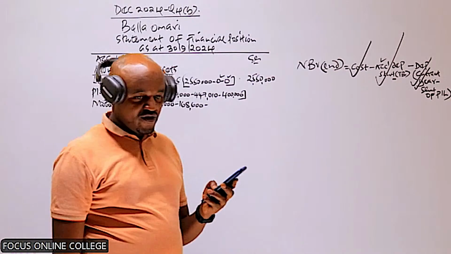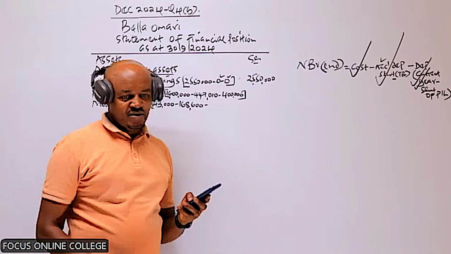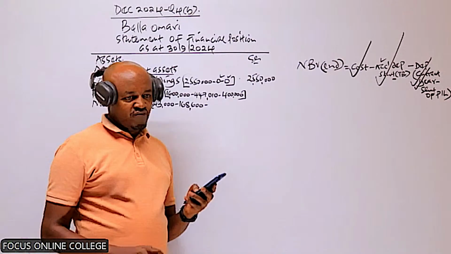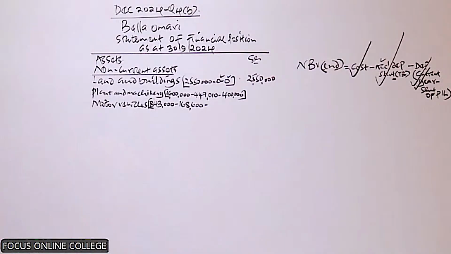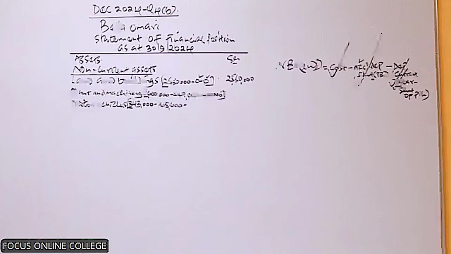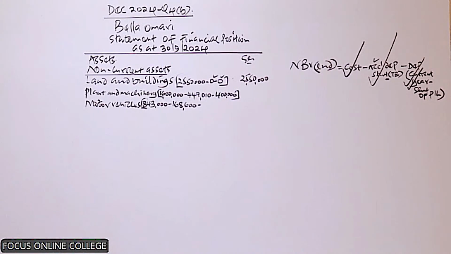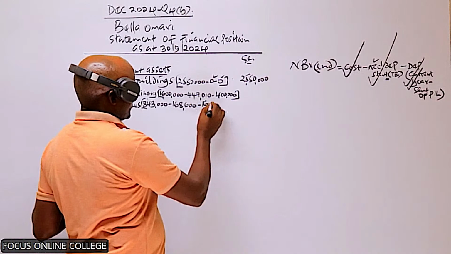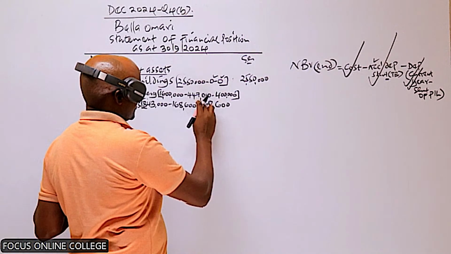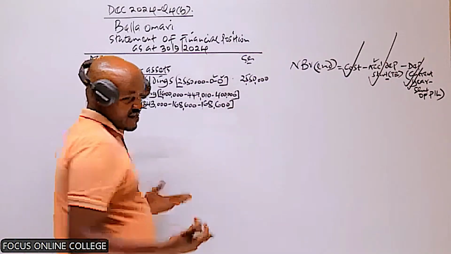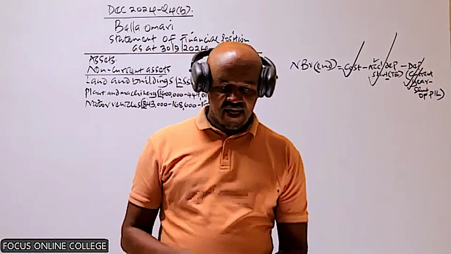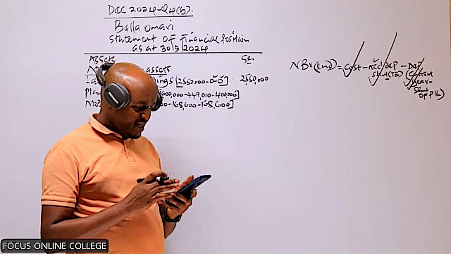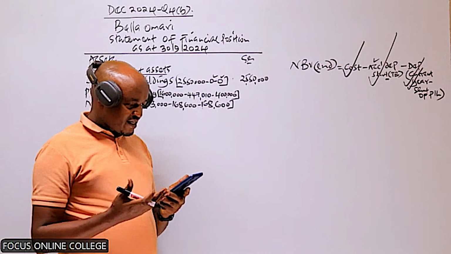The depreciation for the current year from the income statement. Give me that figure in the chat box down there. You just need to go back to the income statement and check how much is the depreciation for the current year for motor vehicles. The one which we computed, it was 168,600. So do we have any other assets? I can't see any other non-current asset. So I think we have